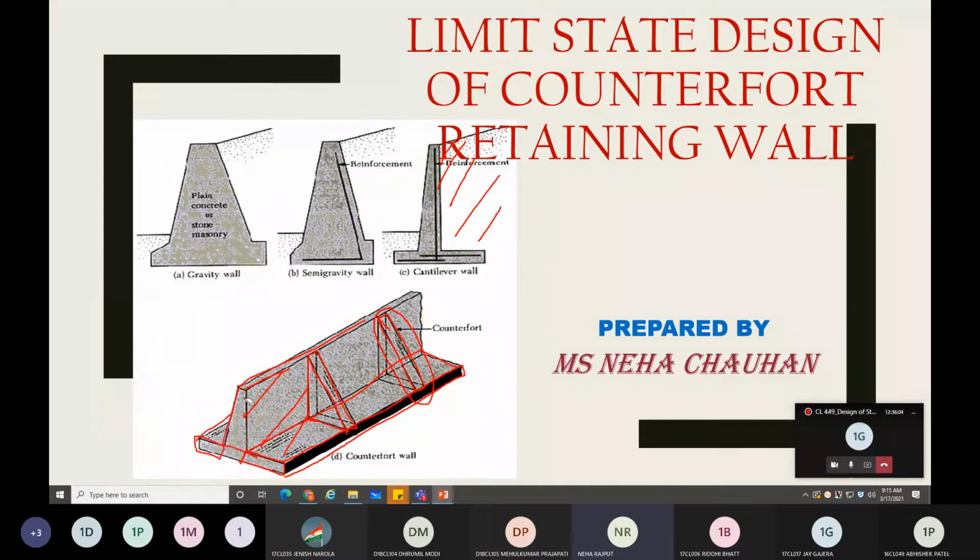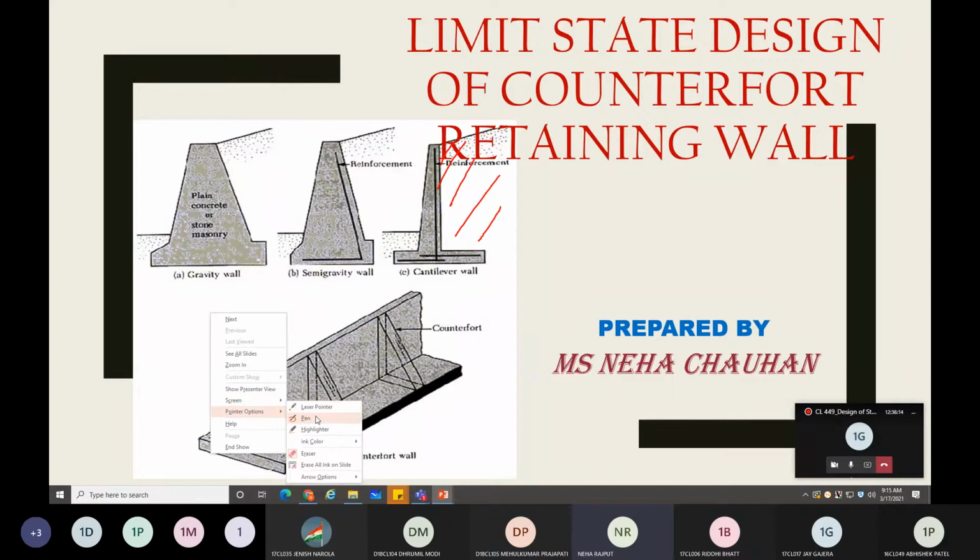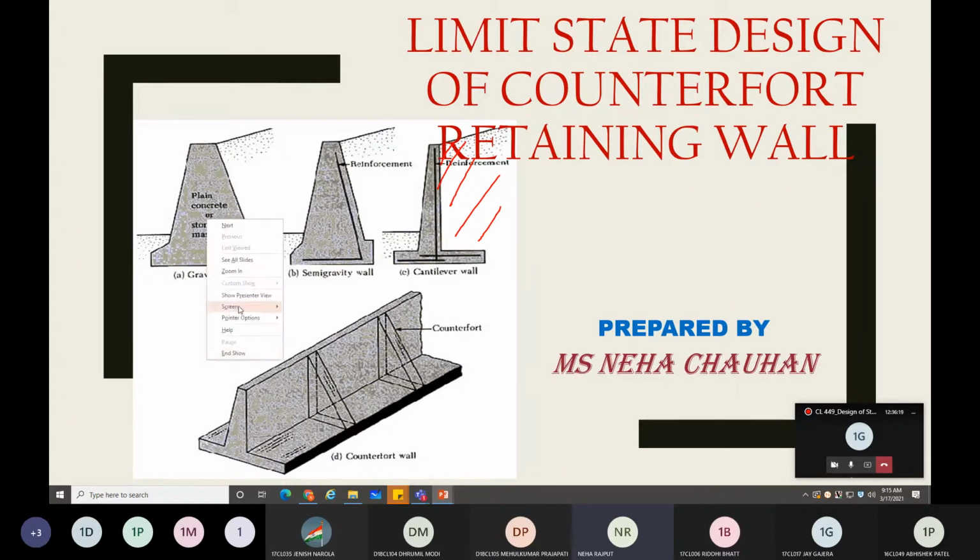Now coming to the second difference. The second difference is the deflection shape of the retaining wall. What is that deflection shape? Here if you observe, in this cantilever retaining wall, the deflection is like this. This is the stem part. So the stem will deflect like this, due to the active pressure from the backfill side.